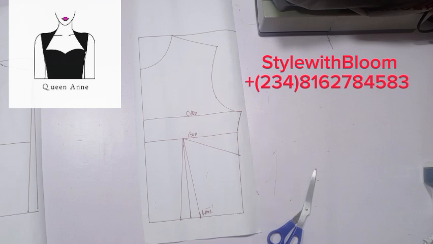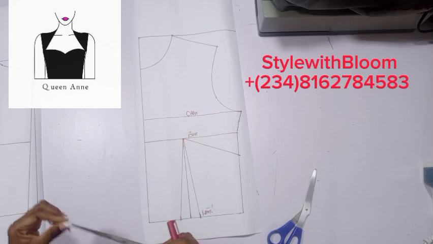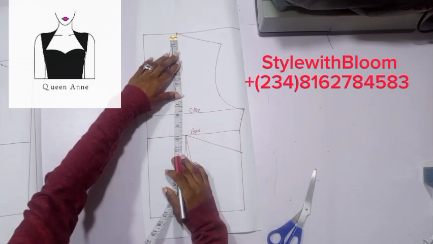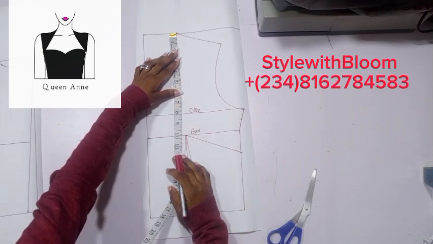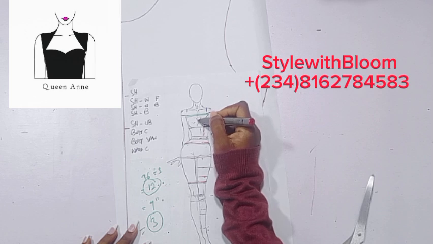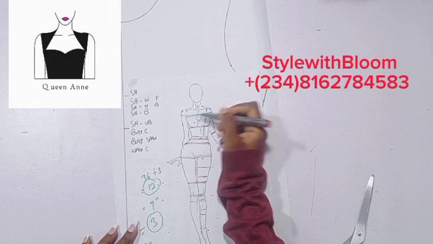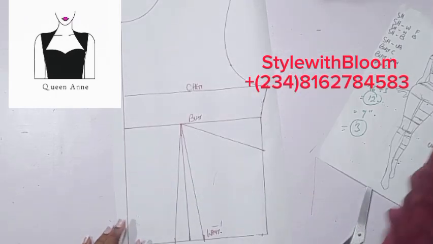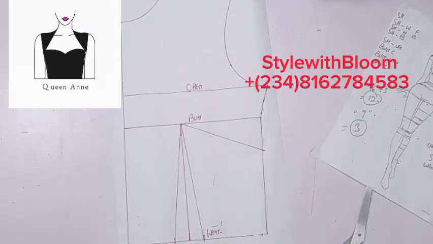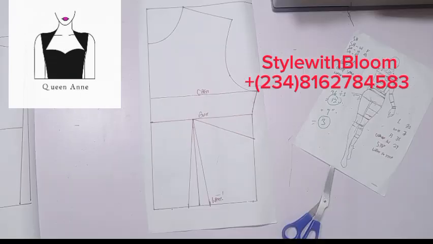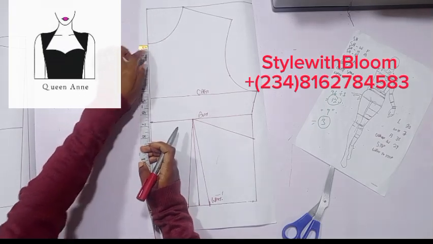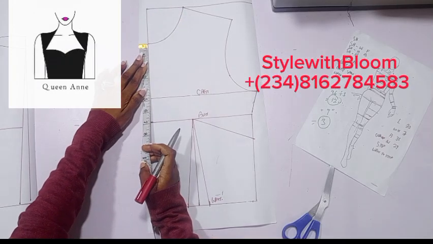Now from this I want to determine my over bust line. And how do I do this? I want to come down by my cleavage measurement, that is from this point to wherever I want my cleavage to show. That's if you want your cleavage to show, and if you don't want it to show, of course you're going to measure that and make sure that where it is not showing, right? You can choose to come down to my bust line from my collar measurement,